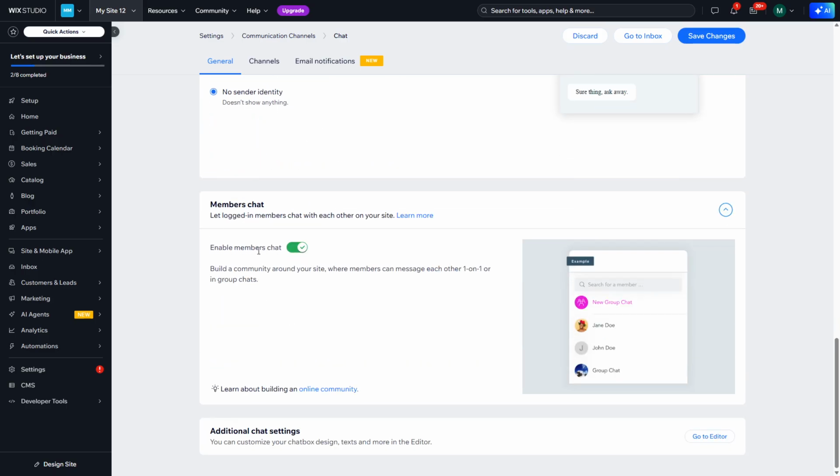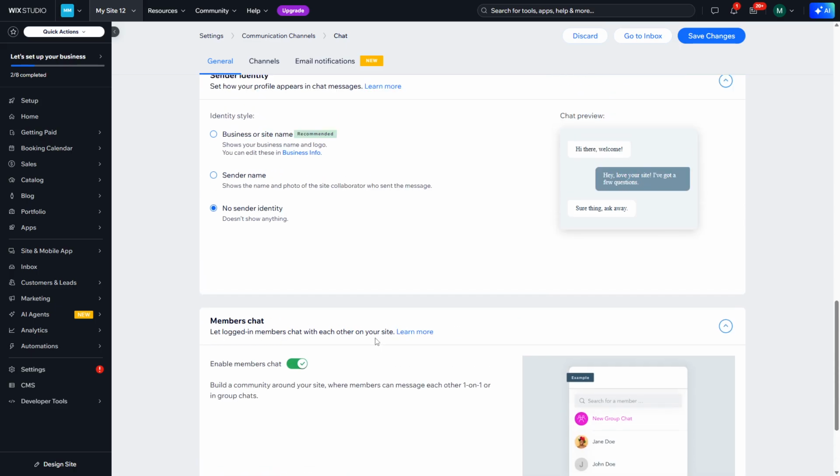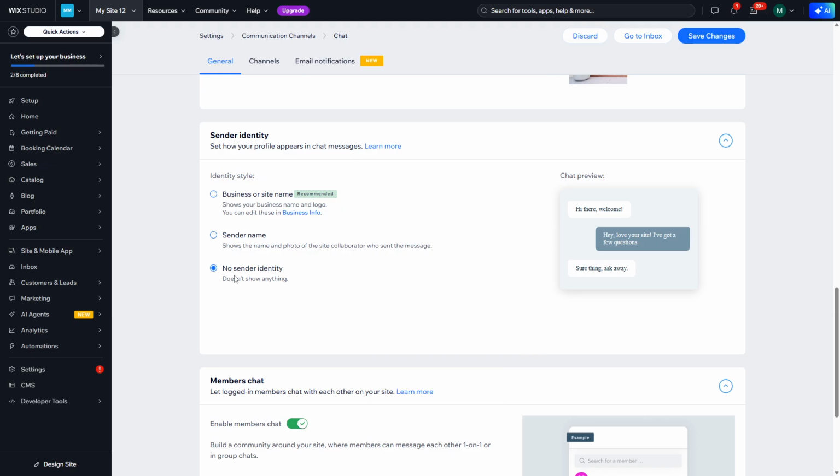The final step is managing your members' chat. As the site manager, you have control over which members have access to the chat. Managing your site members from the Wix dashboard provides you with this control. With this capability, you can regulate private and group chats among members, ensuring that your new peer-to-peer messaging system runs